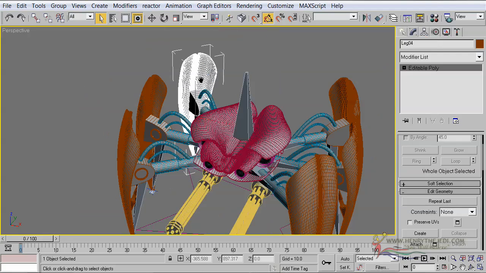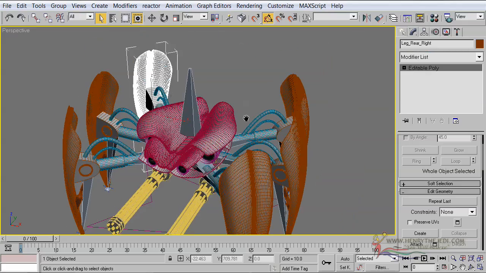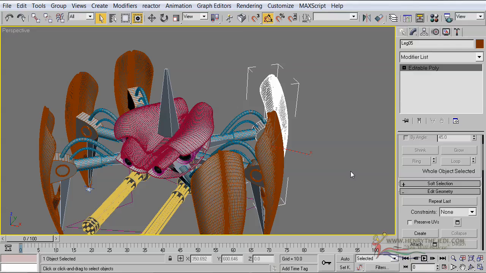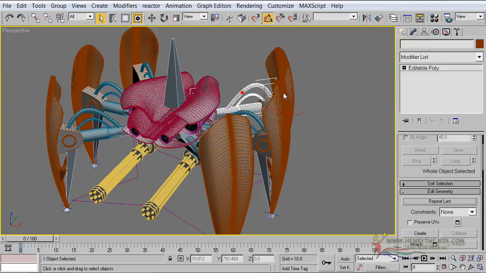That's a rear leg, so I'm going to rename mine to leg rear right, of course. And coming onto this side. Now remember, everything on this side is on the left hand side, so that leg there is a leg rear left. As you can see, it's at the rear end on the left hand side. And of course this one here,